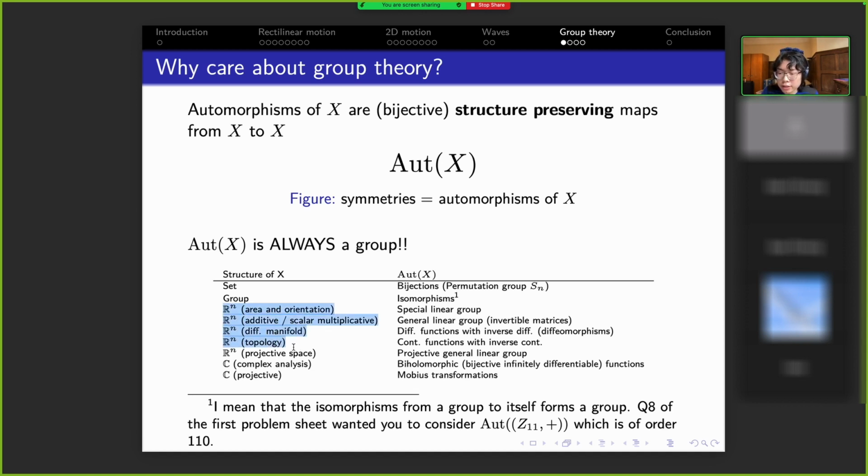If you have done some real analysis or some topology, you have all these sorts of automorphisms, and the idea is that, for example, continuous functions with continuous inverse preserve the topology of R. Differentiable functions with differentiable inverse preserve the differential structure of R. And so we see that